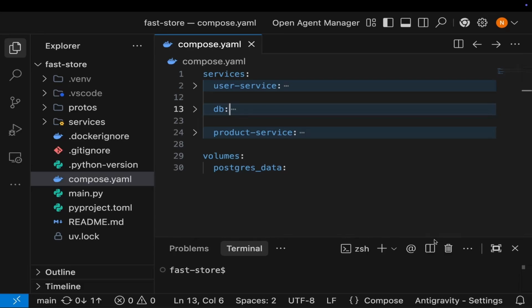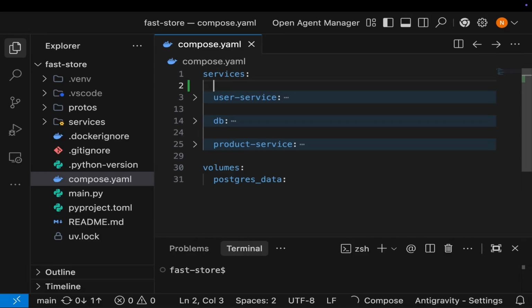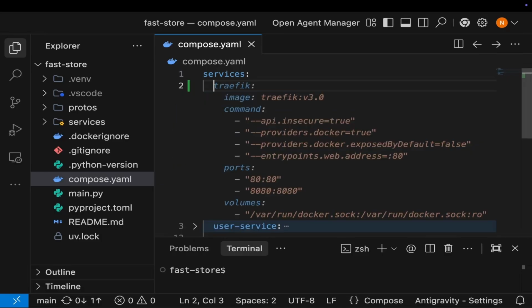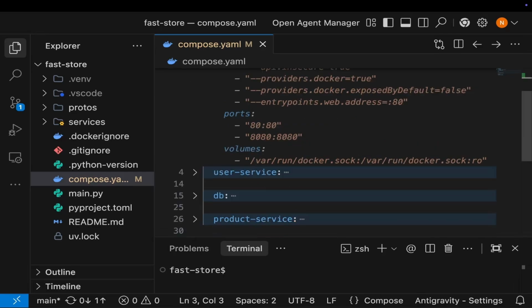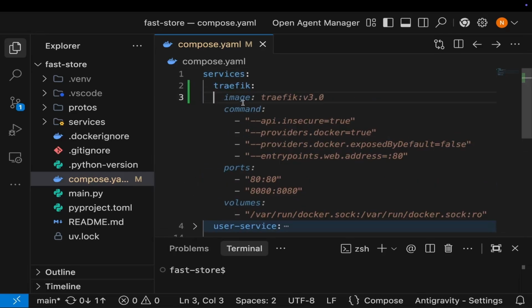So I will add the Traefik block at the top of the services section in compose.yaml. So I'll just go above here, hit tab, and say I want a service called Traefik. And then I'll go to the next line. AI is trying to suggest some things, but I'll ignore them and just type manually. I want the image traefik:v3.0. Okay, and then the command